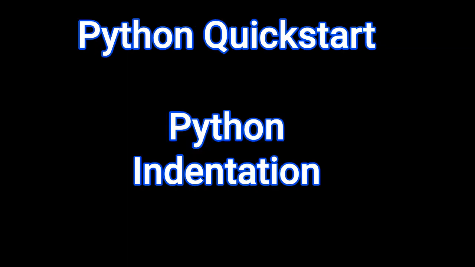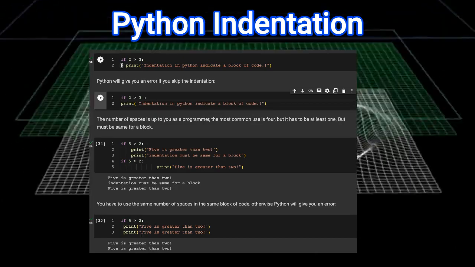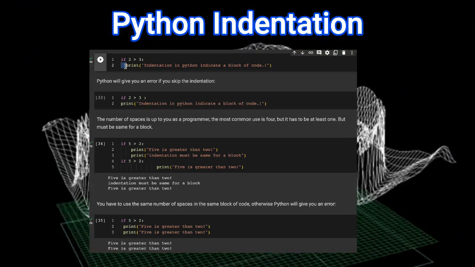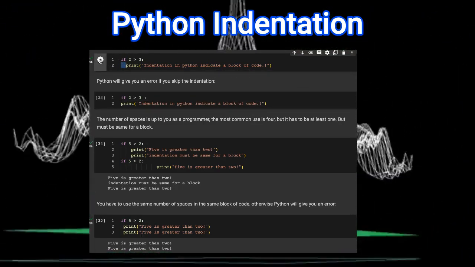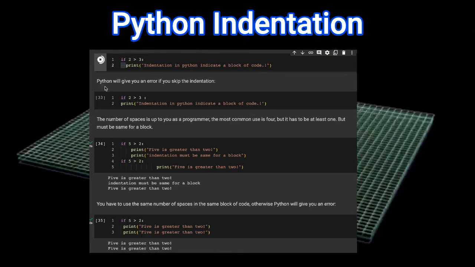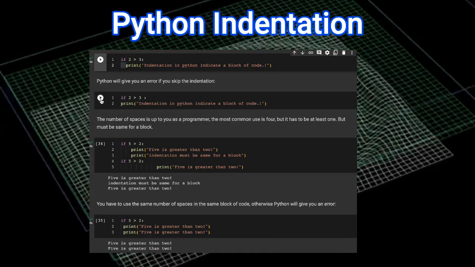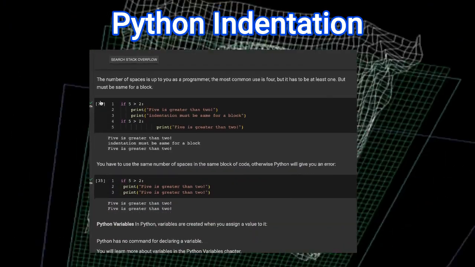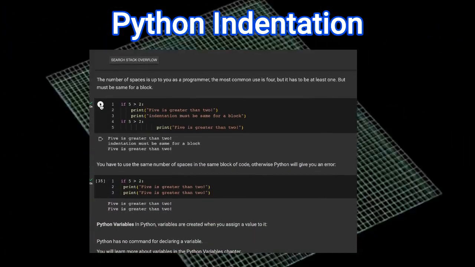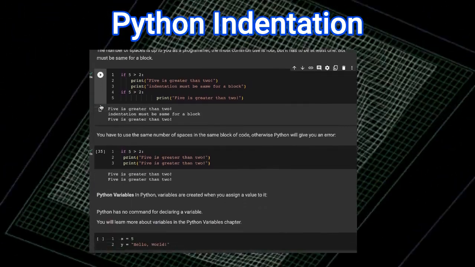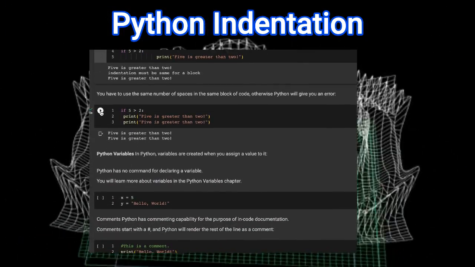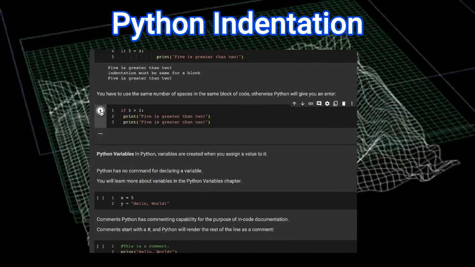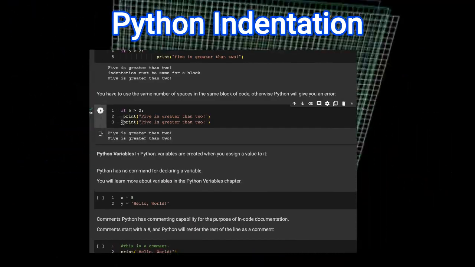Let's start with Python programming. Python indentation. Indentation refers to the spaces at the beginning of a code line. Python uses indentation to indicate a block of code. The indentation in Python is very important. Python will give you an error if you skip the indentation. The number of spaces is up to you as a programmer. The most common use is 4, but it has to be at least 1. You have to use the same number of spaces in the same block of code, otherwise Python will give you